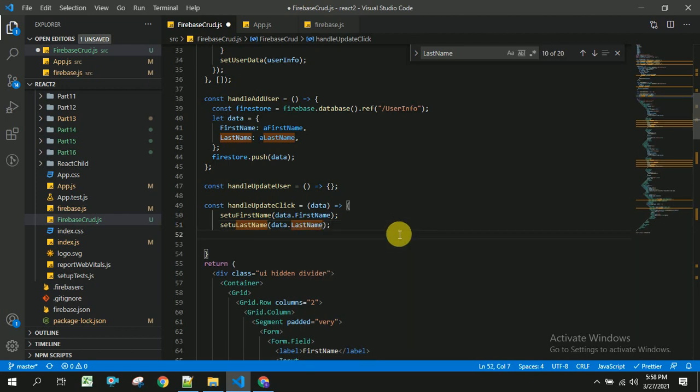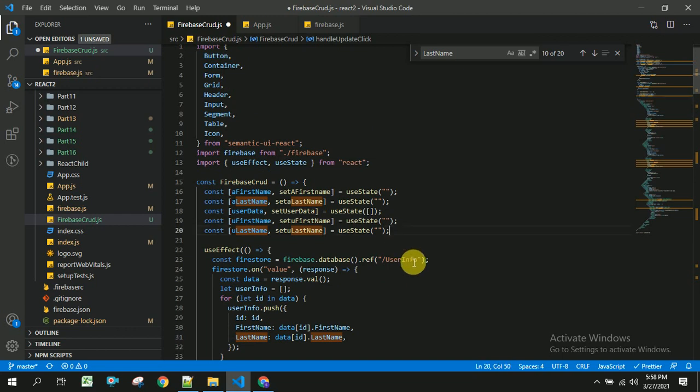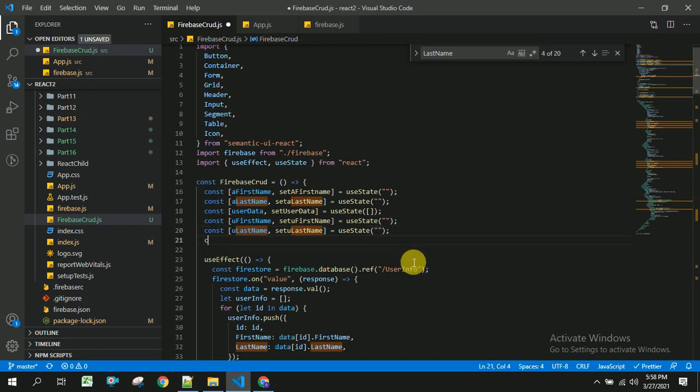So in order to store the ID, I will create another user ID and set user id equal to use state of empty. So this will be used when we are going to update or when we are going to delete the data.